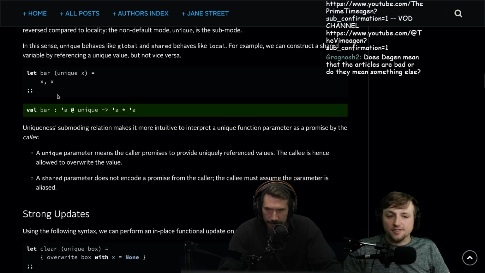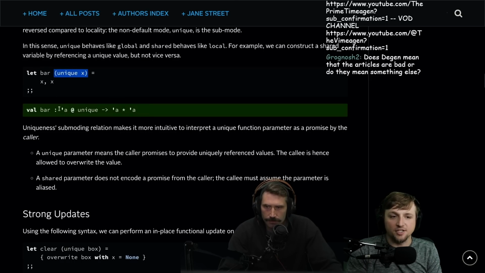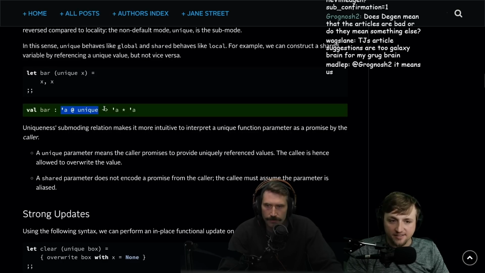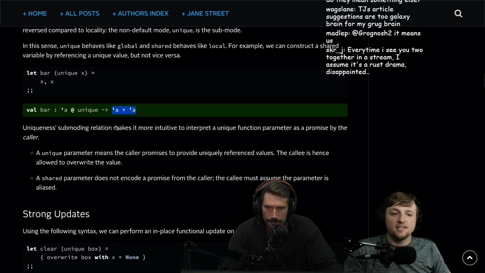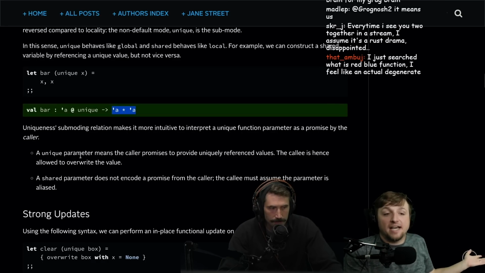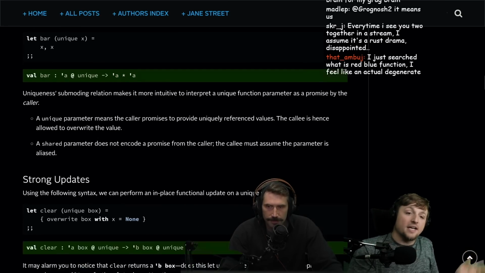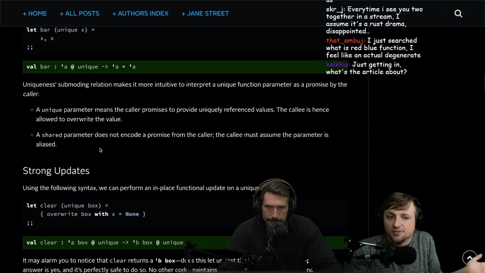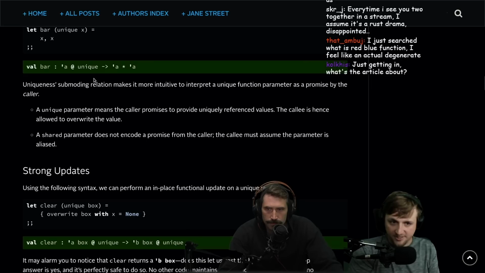Yeah, they are kind of like references, but you should just think about them as shared. So instead of being unique, they're shared now. Notice how on the right side of the arrow in the tuple, there's no uniqueness constraint on those two tick A's. So it's basically saying that outside of bar, you have to pass me something that's unique, and then bar can do whatever it wants with it. We don't care. It's just going to return two new things, and you don't know that they're the same from the type signature and the modes, but that's fine.